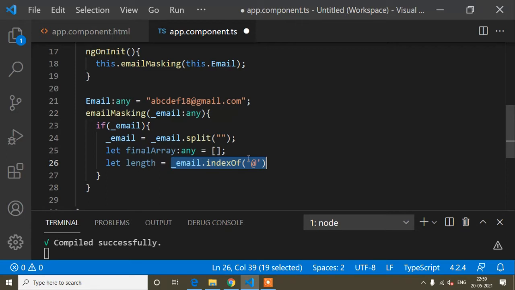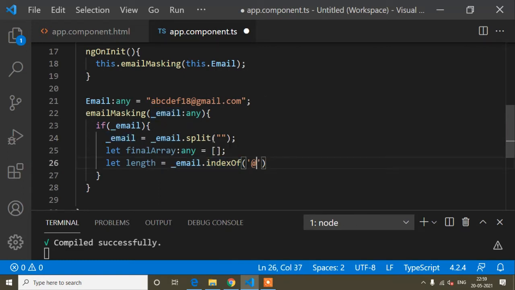That means guys, index of returns the position of a letter. So first of all I have a string, I have converted the string into an array using a split method, and after converting it into an array I have stored it inside this email variable, and after that this email variable I have written here with dot index of position at the rate.